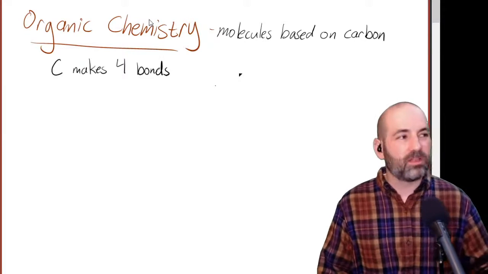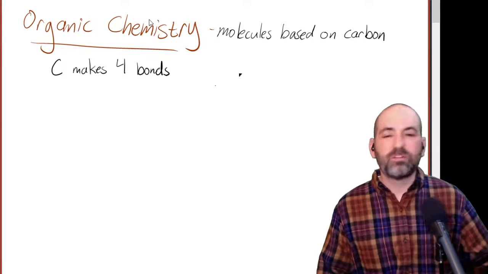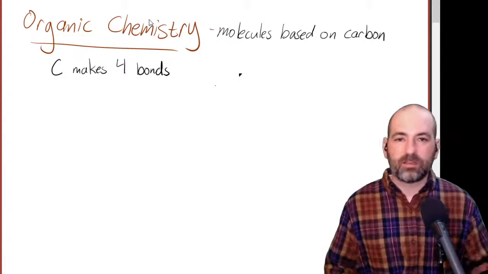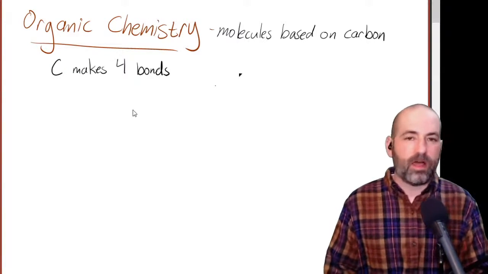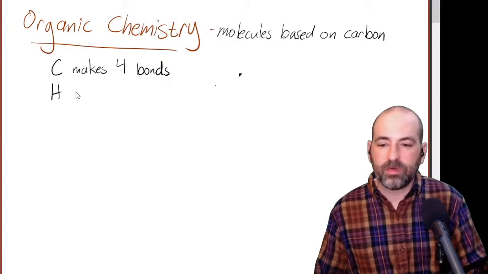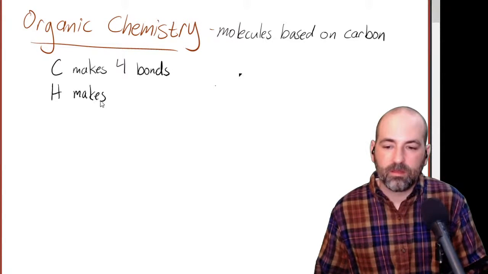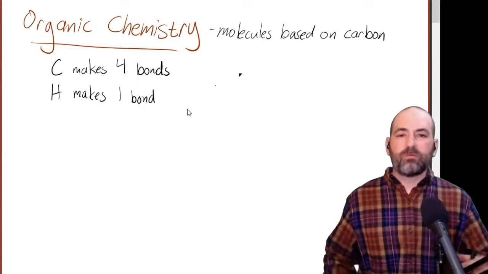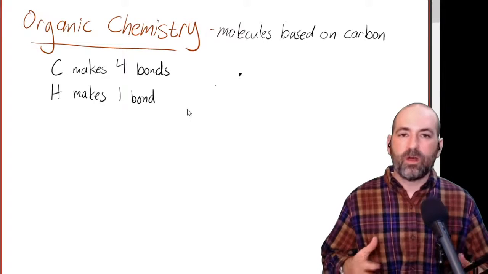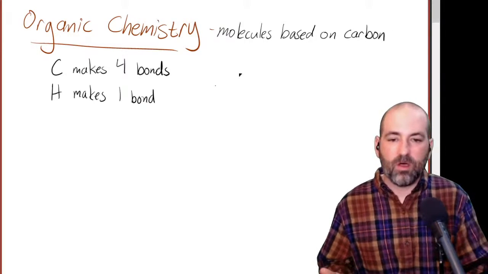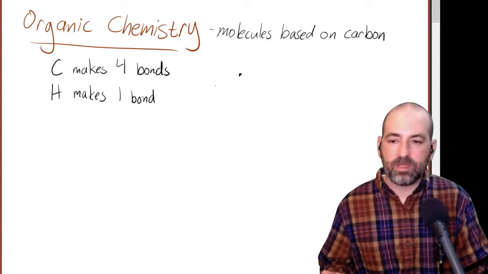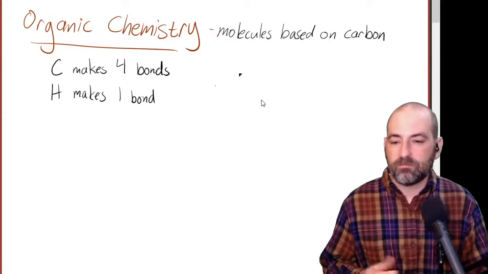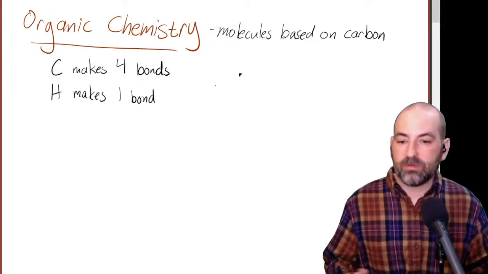compared to something like nitrogen, which could sometimes make 3 bonds, sometimes make 4 bonds, some of these other things that could kind of go either way. Carbon pretty reliably makes 4 bonds. Hydrogen pretty reliably makes 1 bond. And so rather than, when we draw our structures, go through all of the counting of valence electrons, if we know that our structures are made of these pretty predictable things, then we can make our structures that way, and it really saves us time.